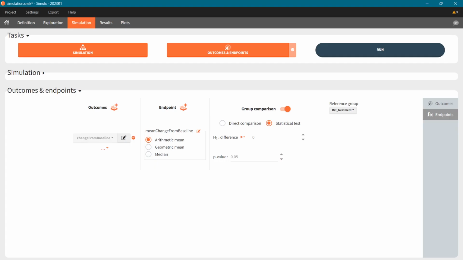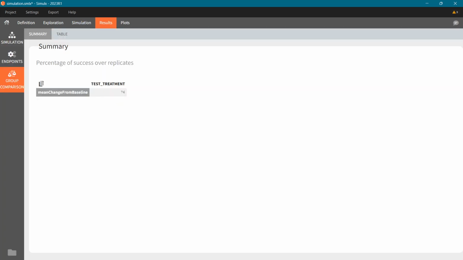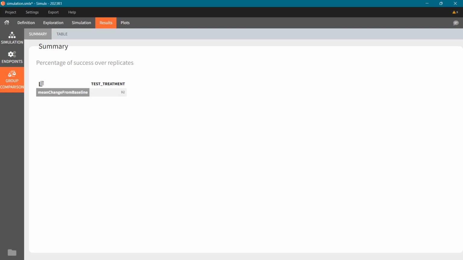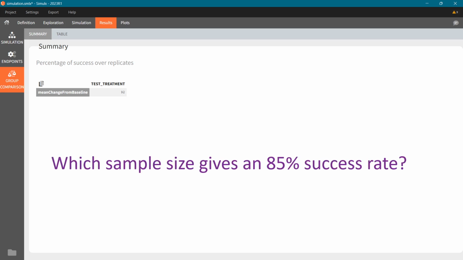As promised, let's go back to our example where we aim to determine if the mean for the test drug is significantly greater than the mean of the reference drug. The percentage of successful trials is 76%. It is obtained with a sample size of 40 individuals per group. Increasing it to 100 improves the trial's power, which now achieves a success rate of 92%. A common question is to find an optimal sample size to have at least, for example, 85% chance of success. We can automate this search using lixoftConnectors